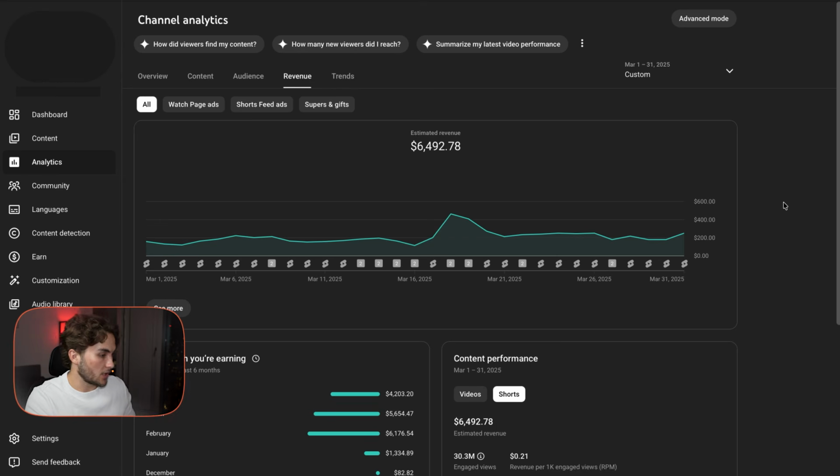Now the final point that I wanted to cover, because I get this question all the time, is: are RPMs increasing? And to this question I would say yes. I've noticed over the past year and a half-ish that I've been doing YouTube Shorts, the RPMs have gone up. And once again I have some data to prove this,